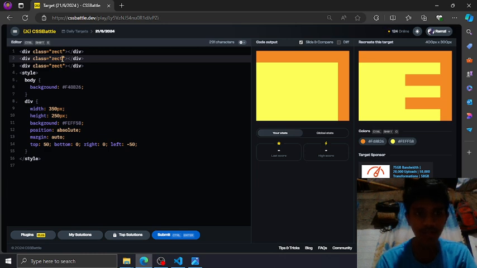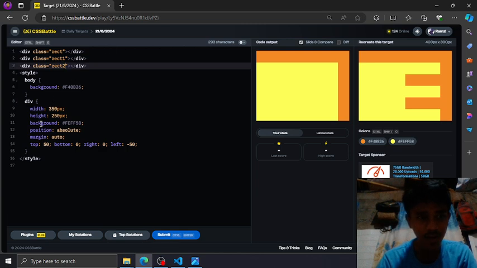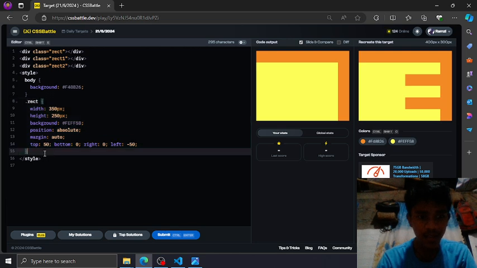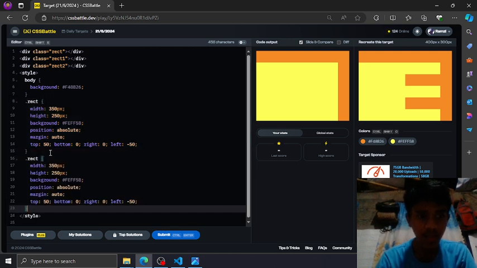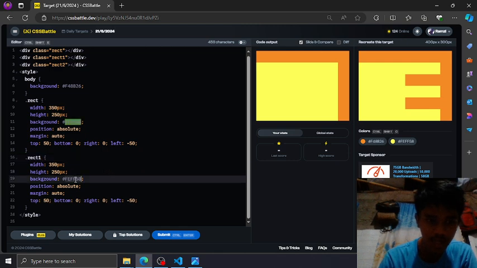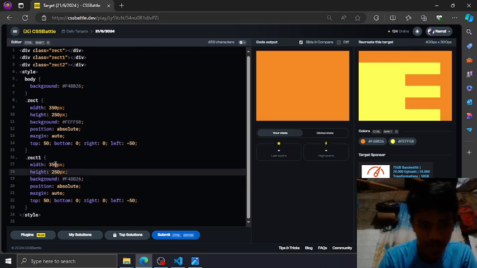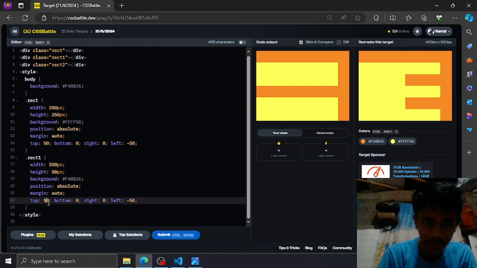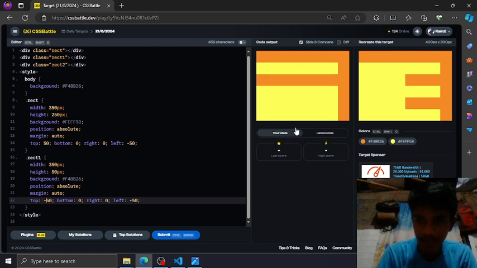So rect 1 and rect 2. Rename this to rect, of course, and copy, paste, rename this to rect 1. Change the color to the background, and also reduce the height obviously, and push this to the top, like so,